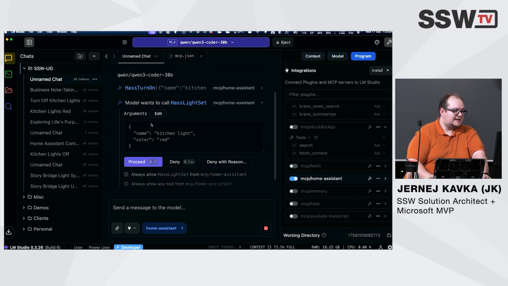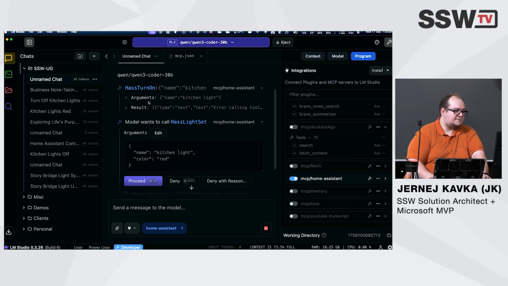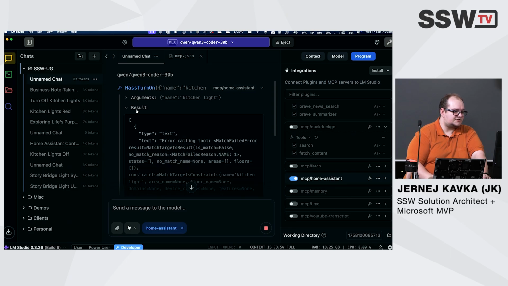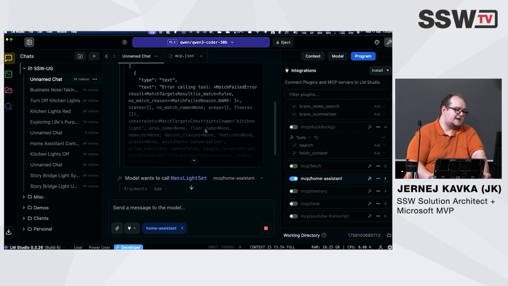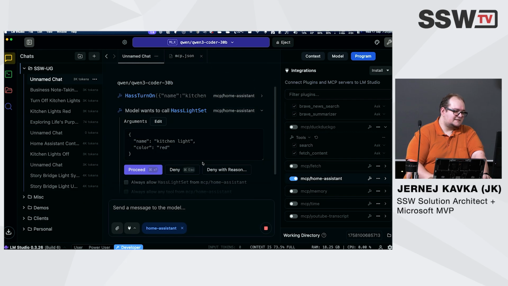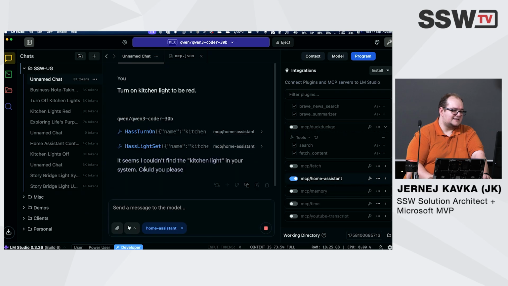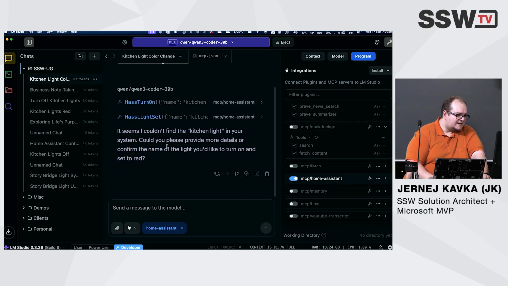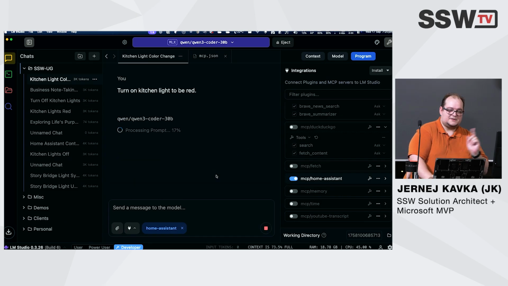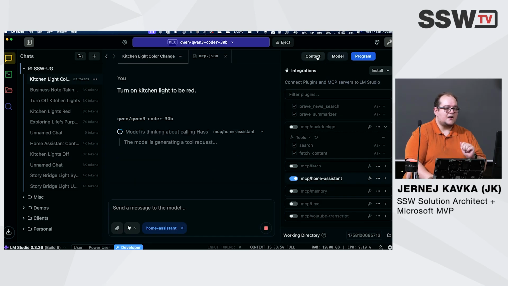So I'm going to proceed. Here I can expand, and we can see the arguments. So it wants to do something with the kitchen. And it says, hey, mate, you can't do that. And the LLM is sad. And it's like, okay, what about this? And it could not find the kitchen light. Okay, that's interesting. Usually it works. Oh,